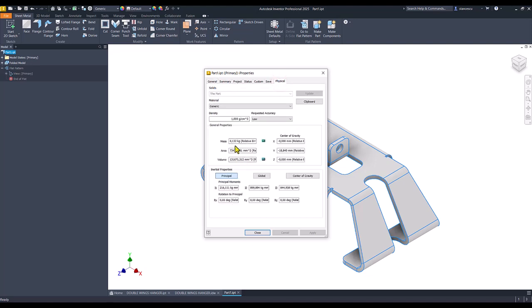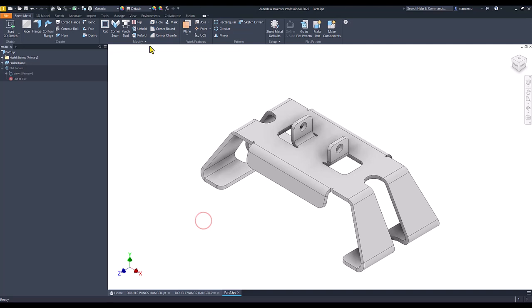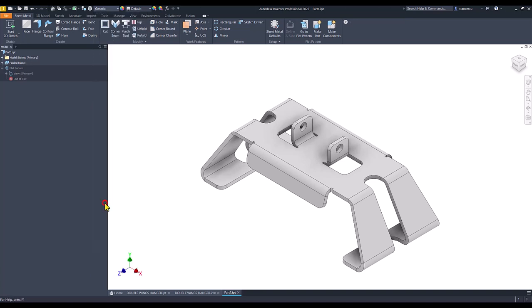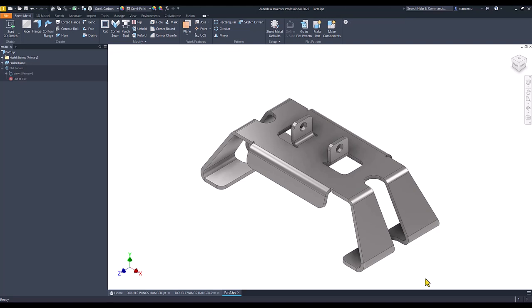That mass, oh, I didn't place here the material. Now is the moment for material. I select steel carbon. Steel carbon, and again